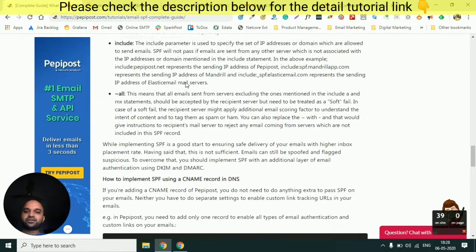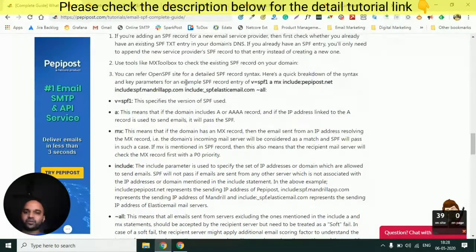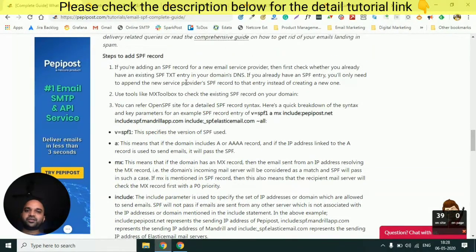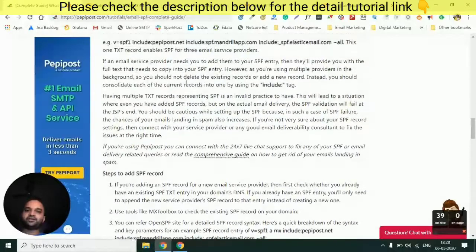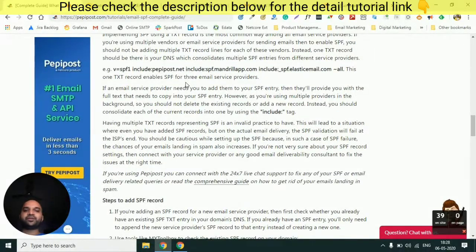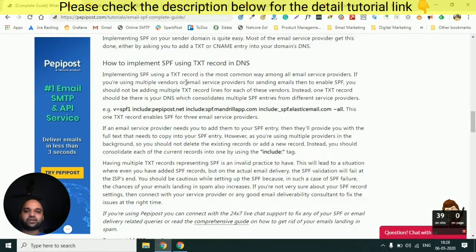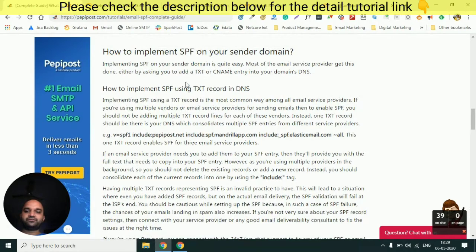So that's the magic of this CNAME pointing. We prefer our customers to do CNAME pointing on a subdomain, and then that subdomain can be used as a sender, and those subdomains can be used inside the links also in the email. So you will know the details about those in my documentation which I'm showing here. The link for this documentation, as I said, is there in the description below. You can click and read through this.